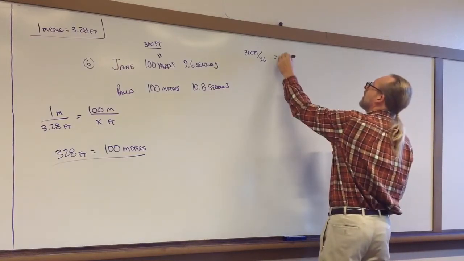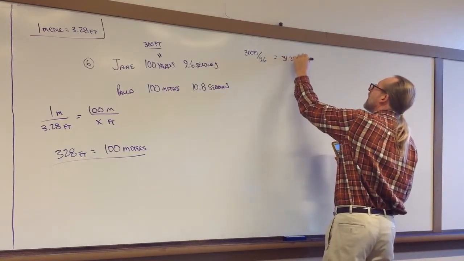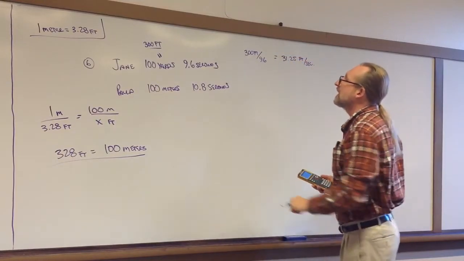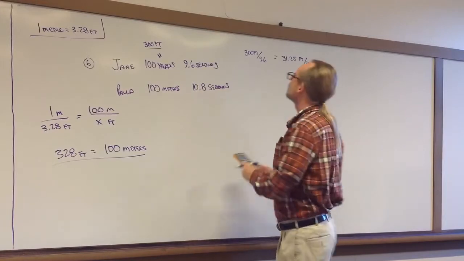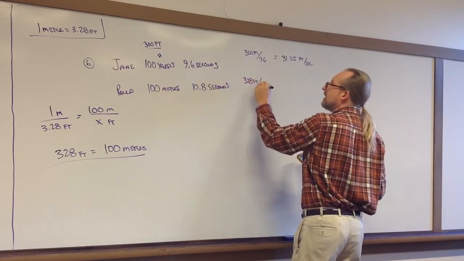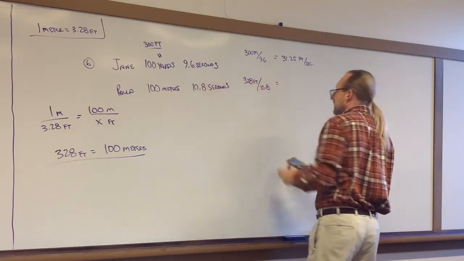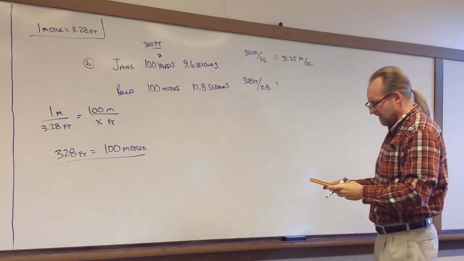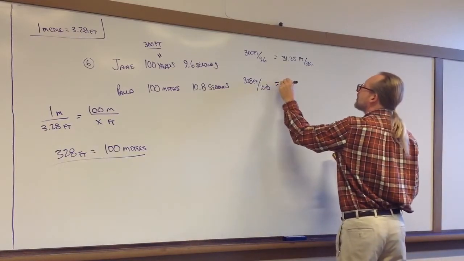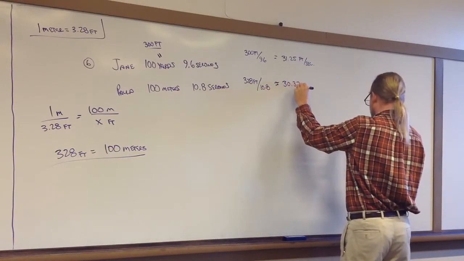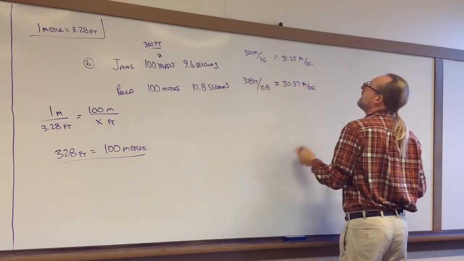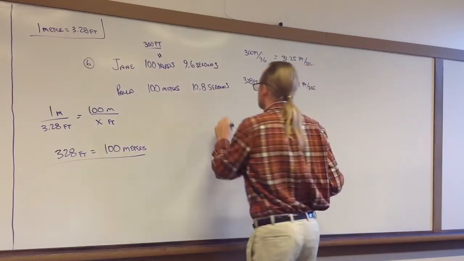is 31.25 feet per second. Okay, this one, this person runs 328 feet in 10.8 seconds. So 328 divided by 10.8 is approximately 30.37 feet per second. And that says that Jane is the faster runner,